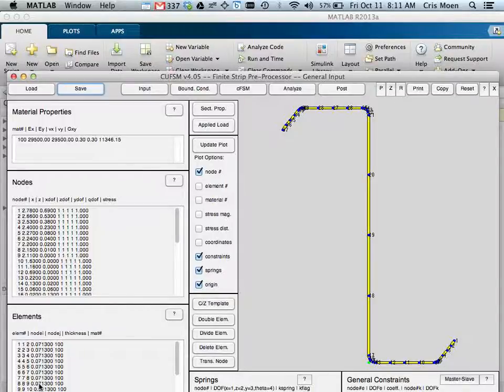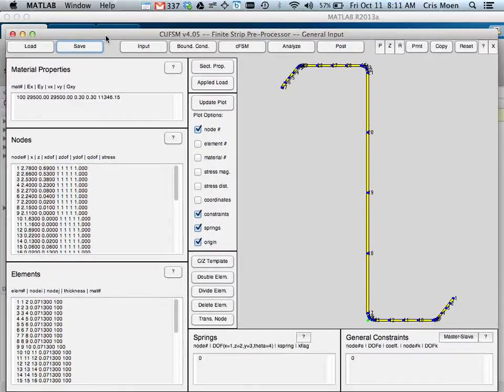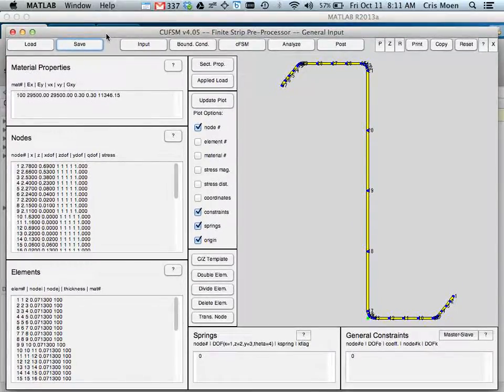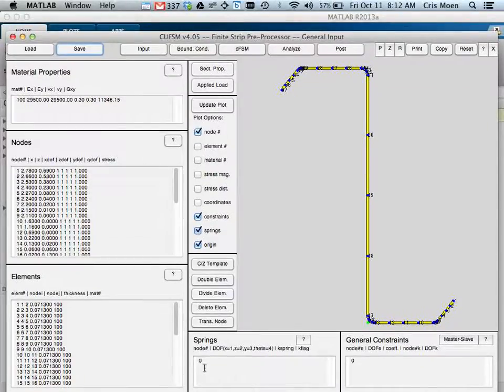So you can see that pretty well, right? At this point, if you have downloaded that Z Houston, you can open it. This is what it should look like. And we're going to put in some springs. There's a place down here at the bottom where you can input a spring. So we're going to put a spring at 27. The degree of freedom is